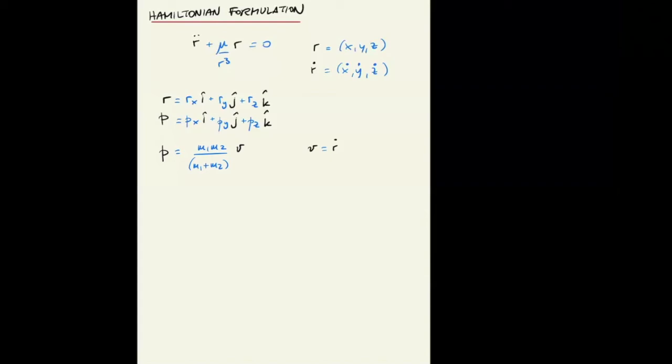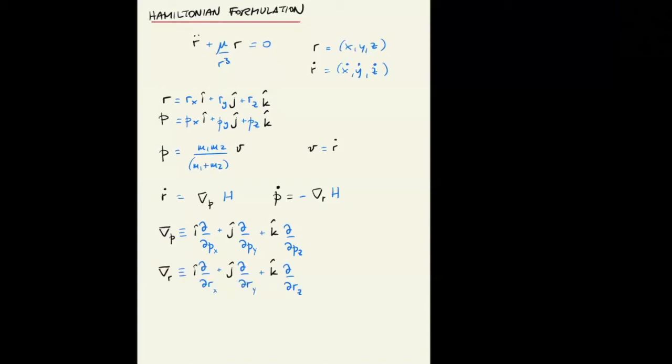So we can now write the equations of motion in terms of the Hamiltonian equations. We're going to define what this quantity h is, but the operators grad p and grad r are vector differential operators that are given by the gradient using p as a coordinate, and the same thing for the gradient in r, which is the usual. To write the equations of motion in this form, we need to find the quantity h, which is the Hamiltonian. The Hamiltonian in this case is